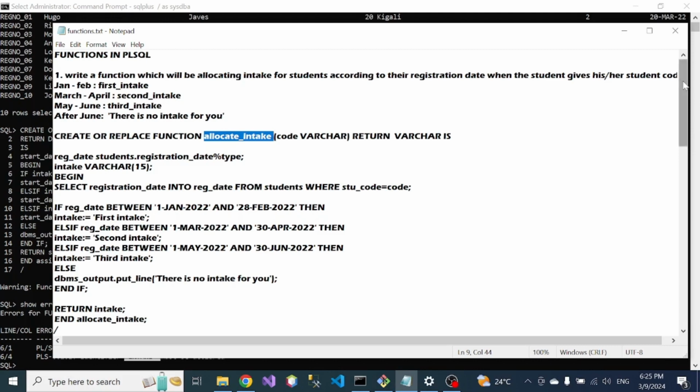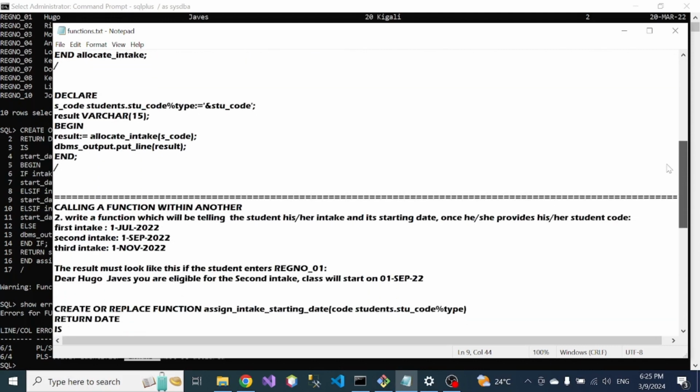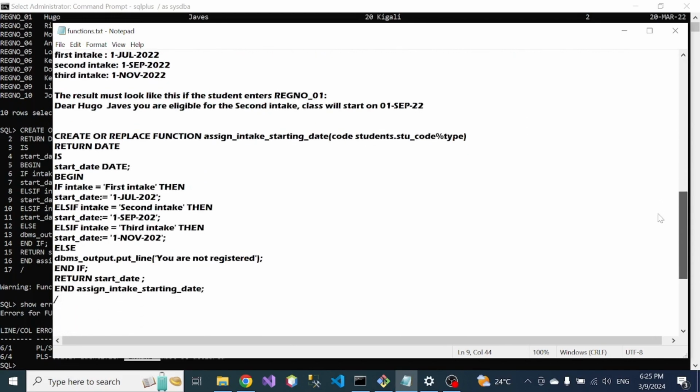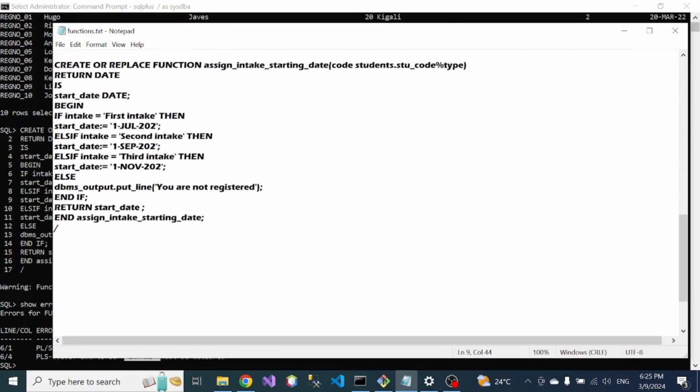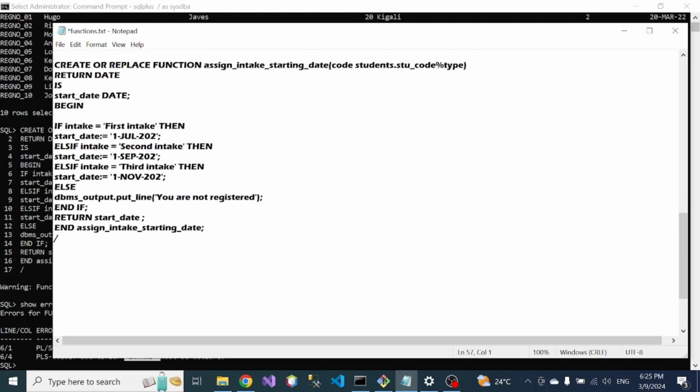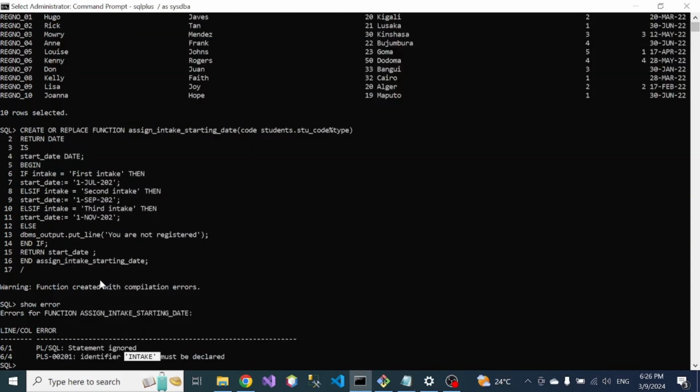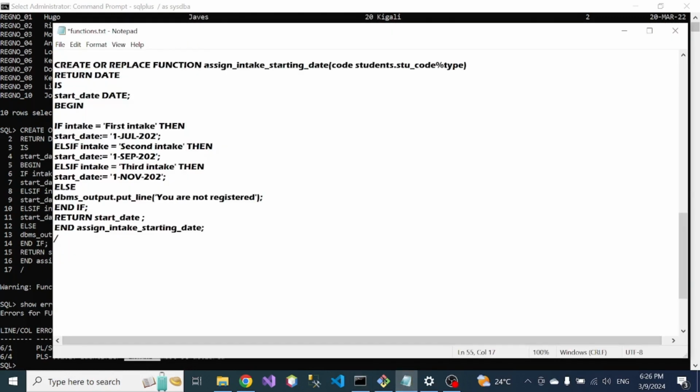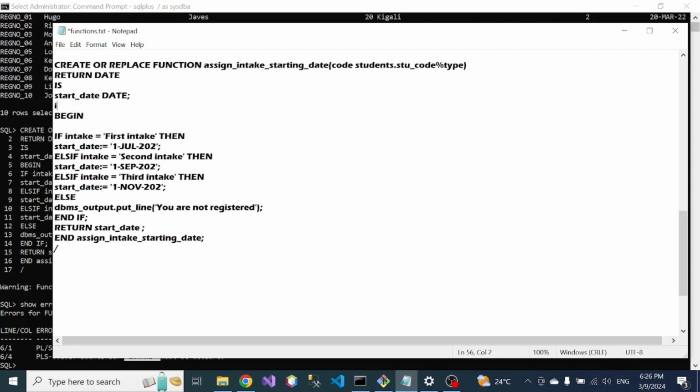Another thing to know is that, according to the error, we also had to declare this variable. So let's declare the variable called intake,